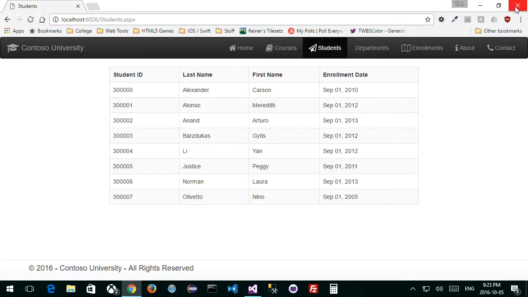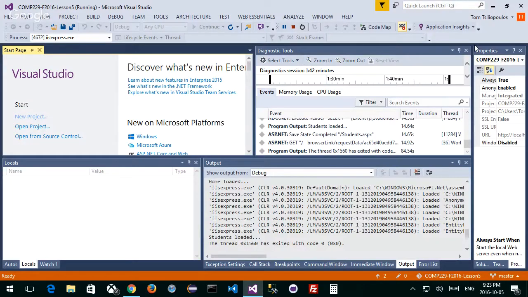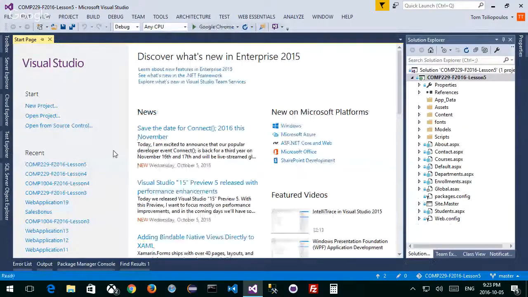Okay, good. Let me put this up to GitHub so you guys can have this one too. And the only thing you have to do is replace the database, right? And we're going to talk about how to do that next week. But I haven't changed anything in the database, so you can always recreate it from the Contoso University file that I gave you last week, which is still up on eCentennial.